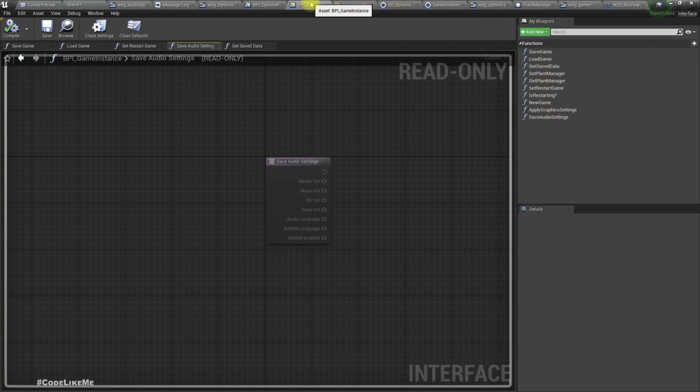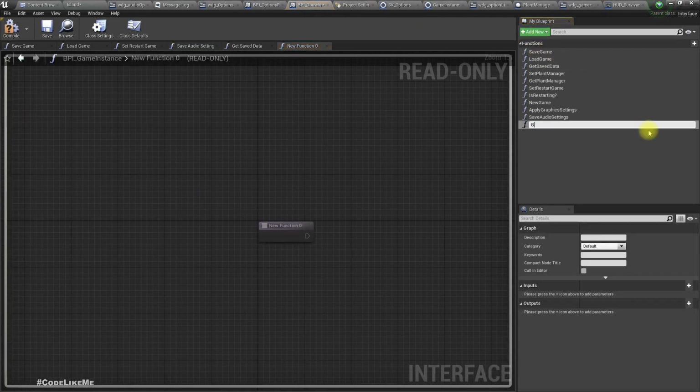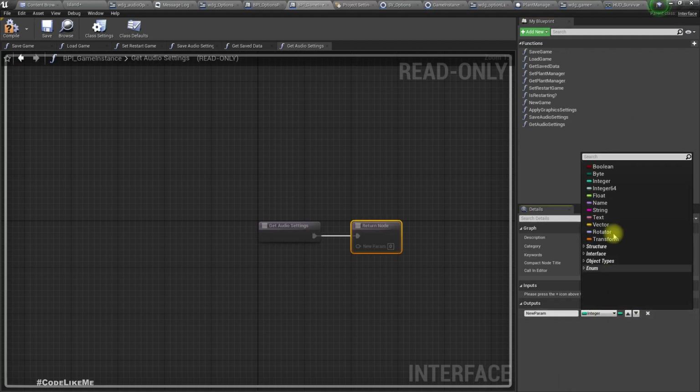So in the game instance blueprint interface, I'll add a function get audio settings. Right now here as the output I'm gonna give